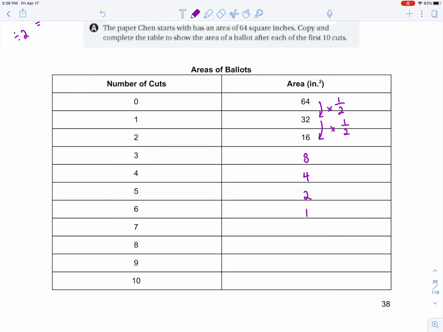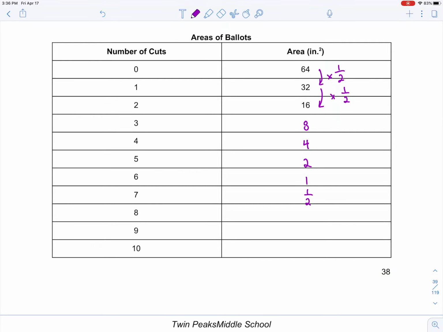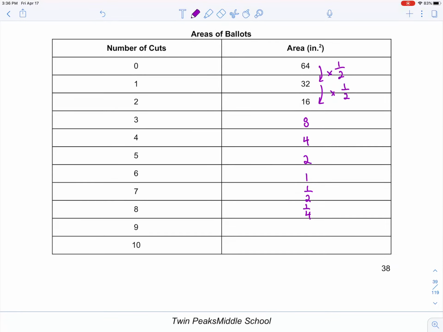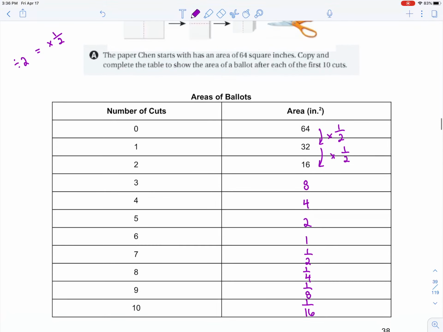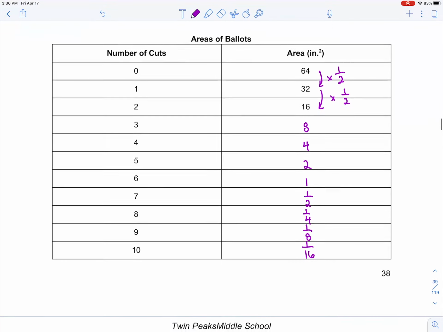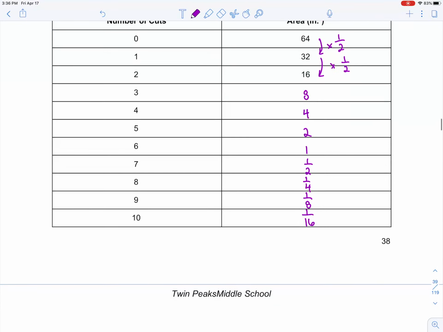Multiply 1 by 1/2, that's 1/2. And then we multiply 1/2 by 1/2, we get 1/4. We multiply 1/4 by 1/2, we get 1/8, and so on and so forth until we get 1/16 square inches. Okay, so here is our lovely table that represents the area of each ballot as we make more and more